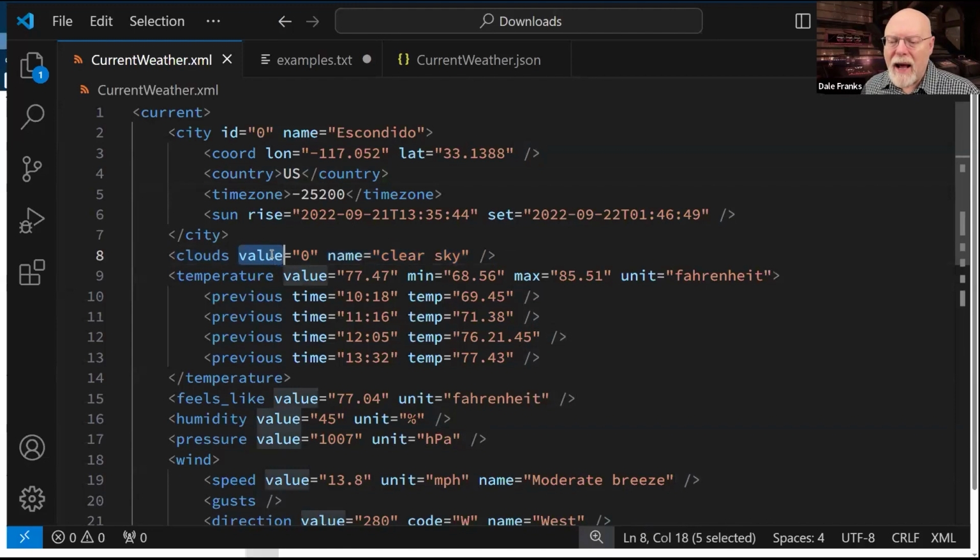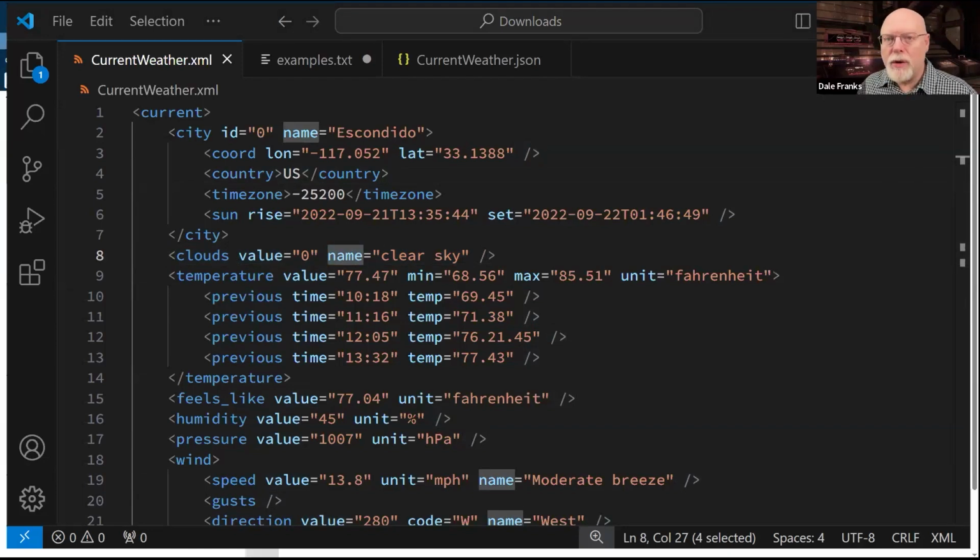Instead, it has two attributes associated with clouds, both of which return data. Obviously, value equals 0 is literally going to return a 0. But the name attribute is going to return clear sky.